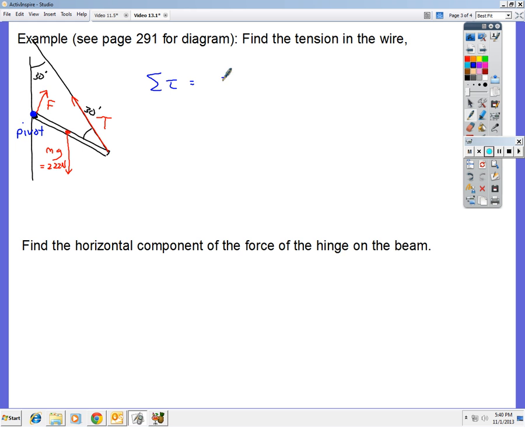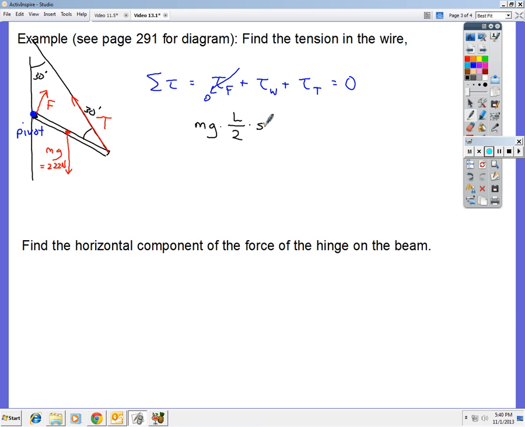So the sum of the torques equals the torque due to F plus the torque due to the weight plus the torque due to the tension, and that equals 0. But when we define the pivot to be where we sum the torques around, that goes away. Now the torque due to the weight is going to be the weight force, mg, times the distance, which is L over 2. We don't know the length of the beam, so I'll just call it L,